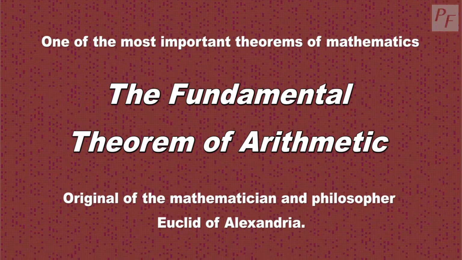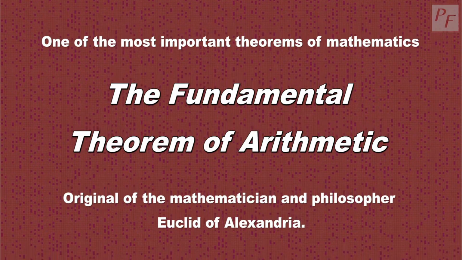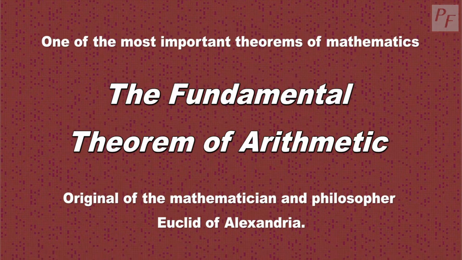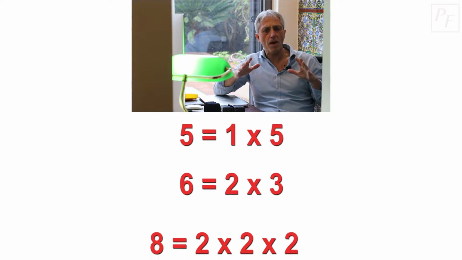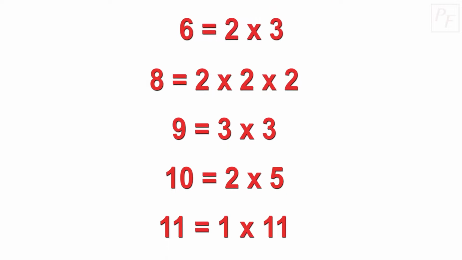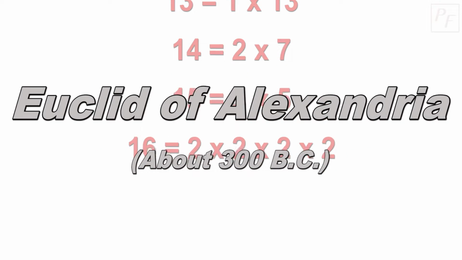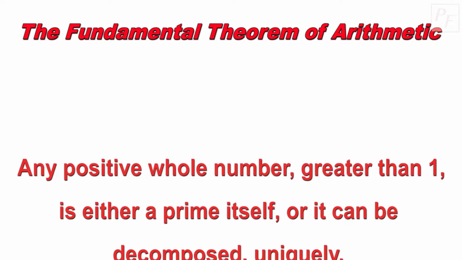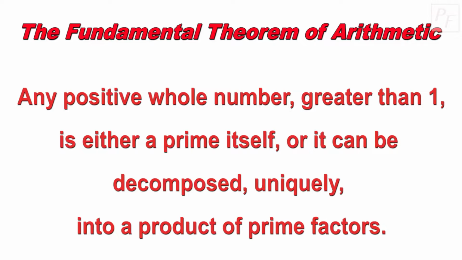To move forward, we must know one of the most famous theorems of mathematics, and therefore its grandiose name, the Fundamental Theorem of Arithmetic. It is really important, because it shows the special relevance of prime numbers. The Fundamental Theorem of Arithmetic, originally from the Greek Euclid, reads as follows. Any positive whole number greater than 1 is either a prime itself, or it can be decomposed uniquely into a